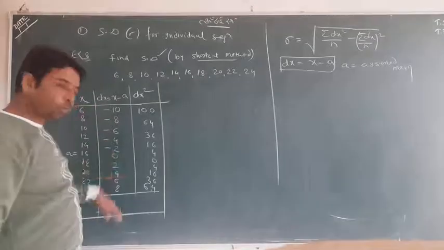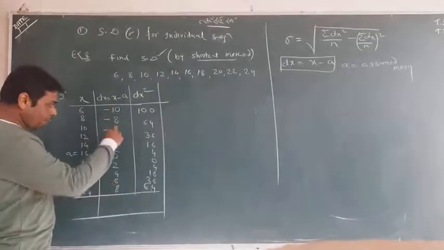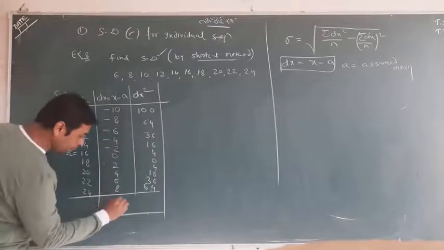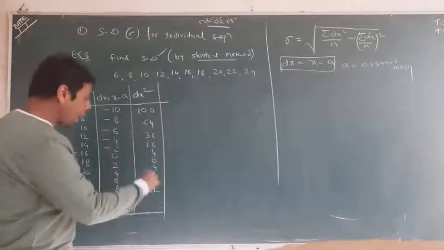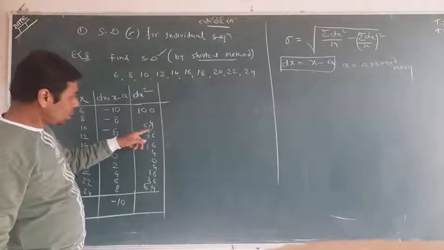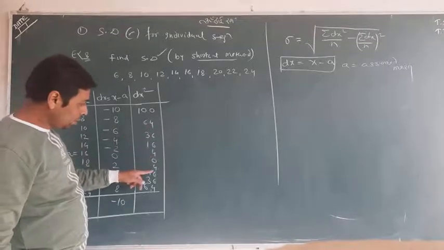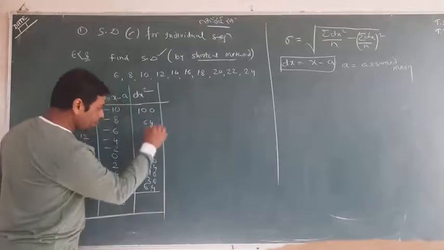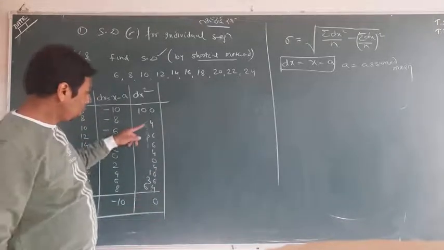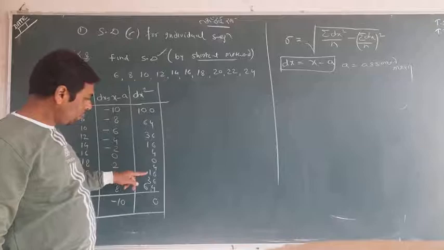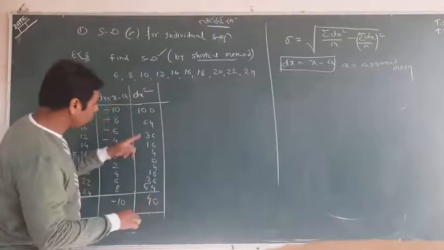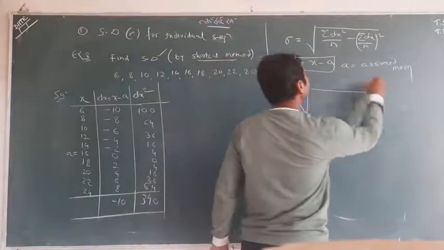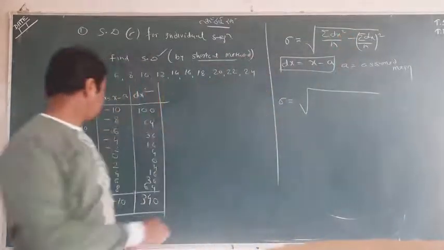So we need to add. This is subtraction, this is addition. Minus 10 will remain only, and you add all the things, you will get what? 6, 10, 10, 20, 30, 40 and definitely 4, 10, 14, 15, 18, 24, 2, 1, 3, 340. So your answer will be summation dx square, which is 340.